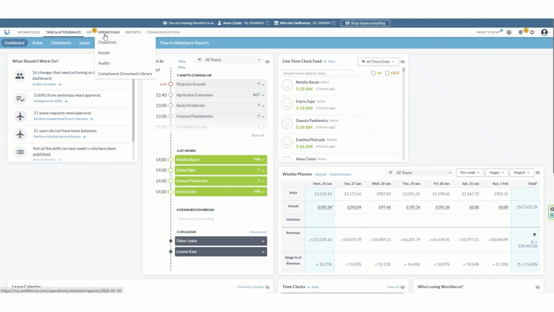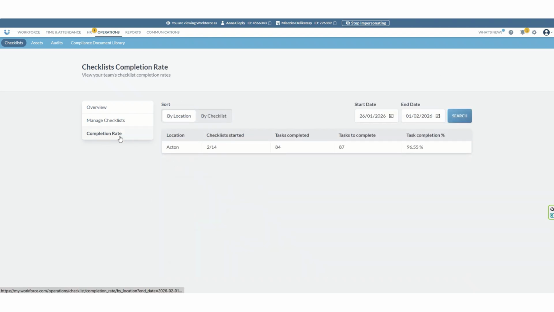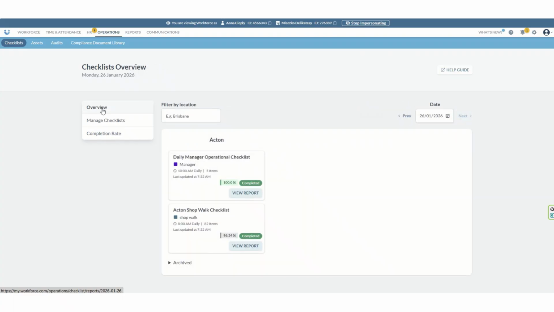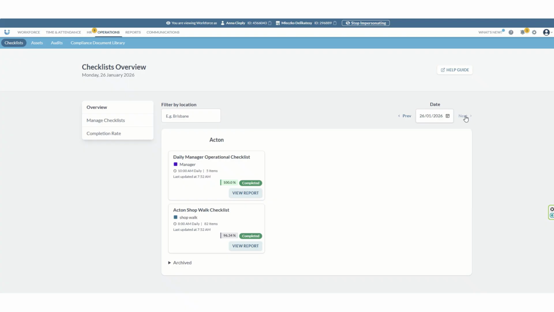We can start by going to operations, then checklists. There are two places where we can review reports: overview, that's the main screen, and completion rate. Let's go into overview first. Here we can see a checklist completed today. From this main view, we can move between reports, previous and next, allowing us to scroll through reports day by day. Once we open View Reports,